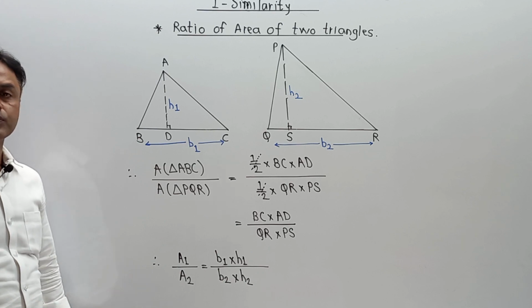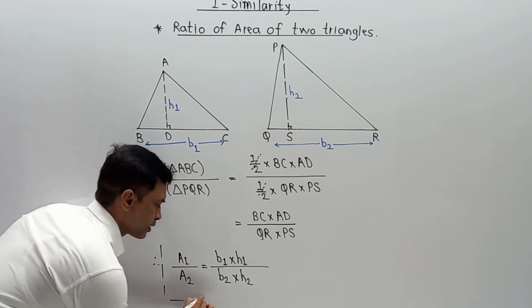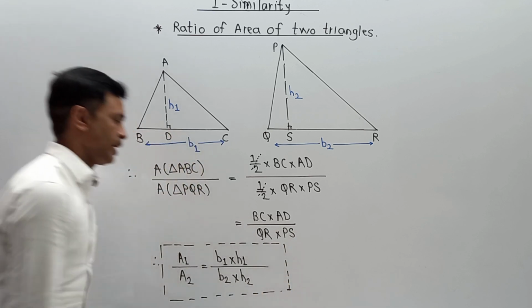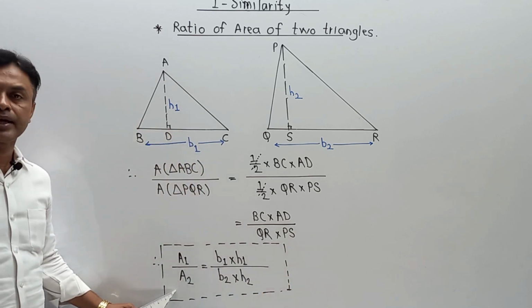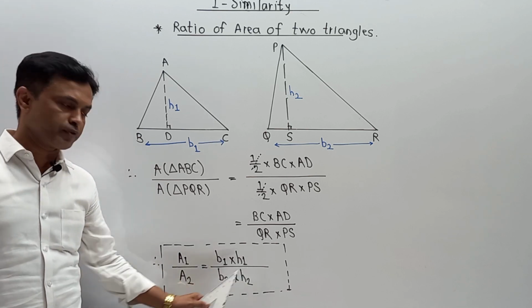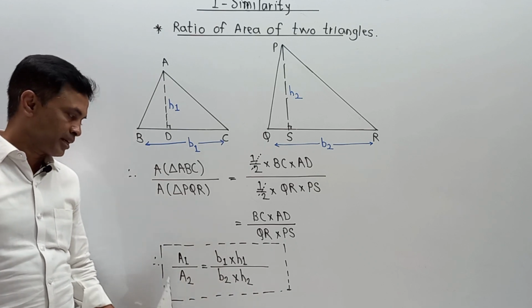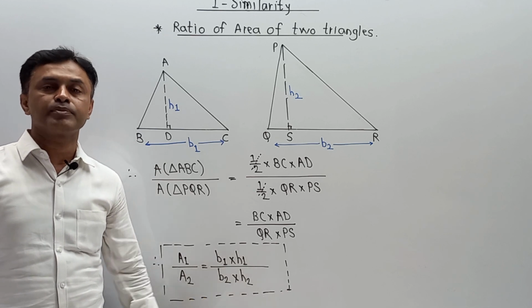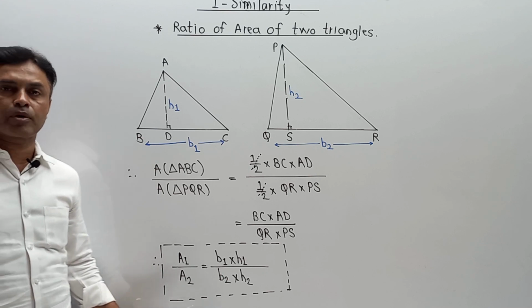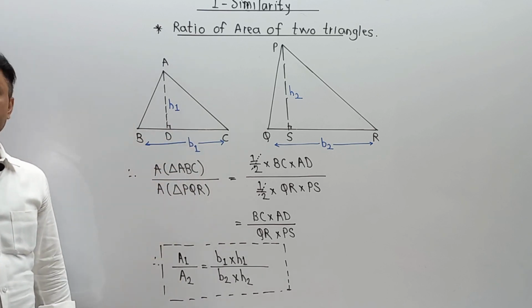So this formula we use in different applications, and we get one kind of conclusion: area of the first triangle divided by area of the second triangle is equal to base into height of the first triangle divided by base into height of the second triangle. So in a numerical, instead of writing the entire part as a statement, we can easily apply the ratio of areas of two triangles. This is the property we mention when we solve the numerical, and this is the first content for this part.